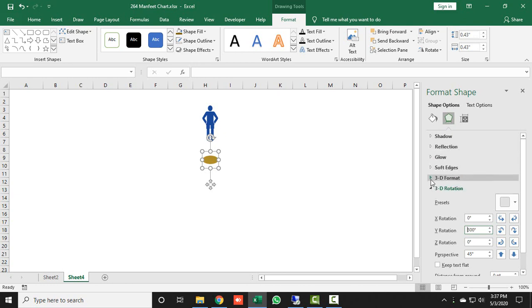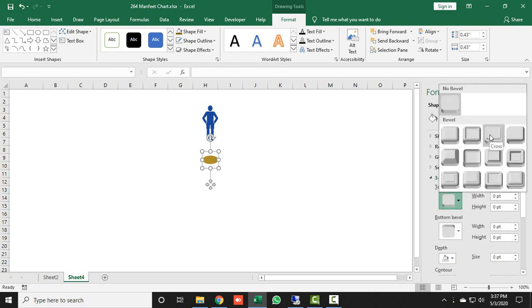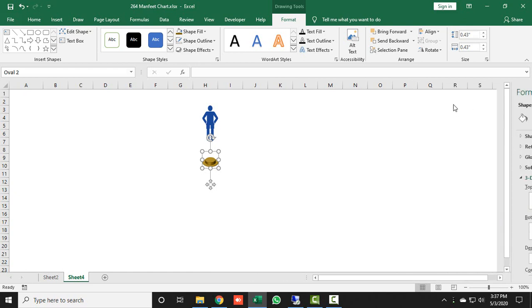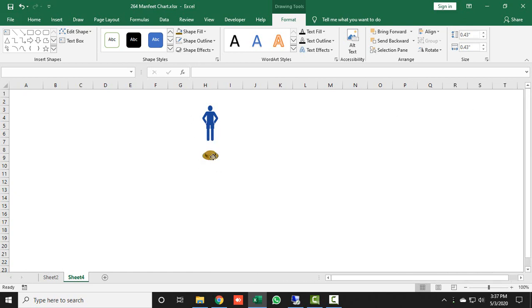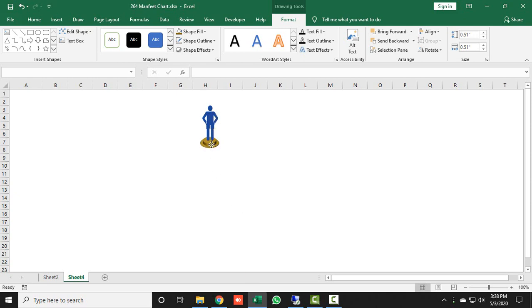Now we'll expand 3D Format, and in Top Bevel we will select this one which is Cross. So now this icon is done. Just put it down and increase the shape, right click, Send to Back. So now you can see this man is standing on this stand.